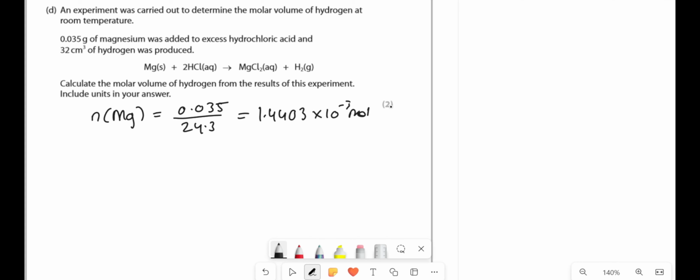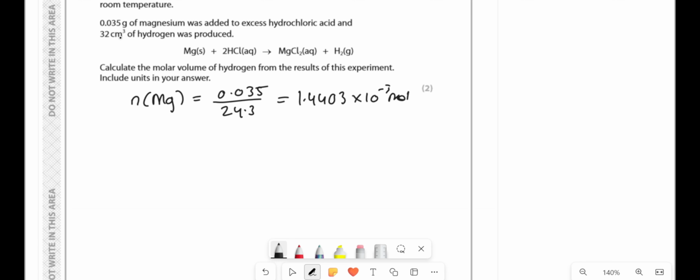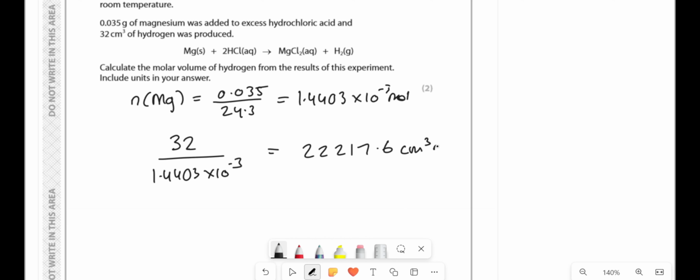The molar volume is the volume per mole of something, right? So they've told you that it's 32 centimeters cubed. So if it's 32 centimeters cubed that they have produced, its molar volume, the volume of it released per mole, is 32 over 1.4403 times 10 to the -3, and that gives you 22217.6 centimeters cubed per mole,